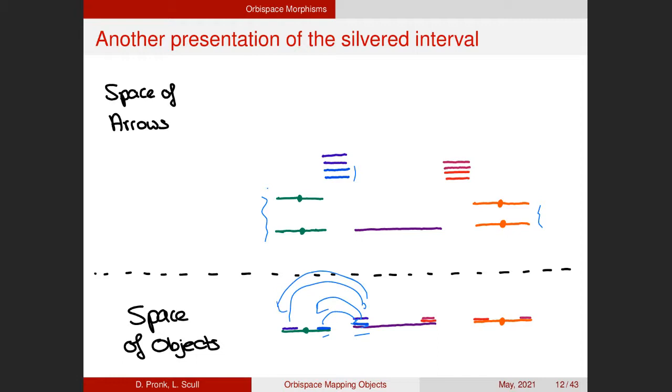And then also this will automatically make it possible to compose arrows in the space of arrows. And the same thing works on the other side here. So we see that this is a very different kind of groupoid. It has lots of connected components. And if I try to